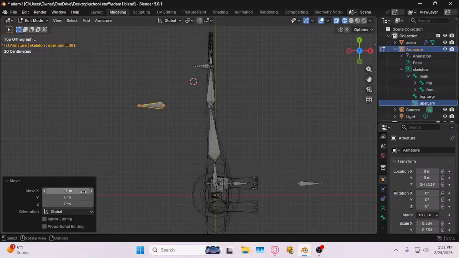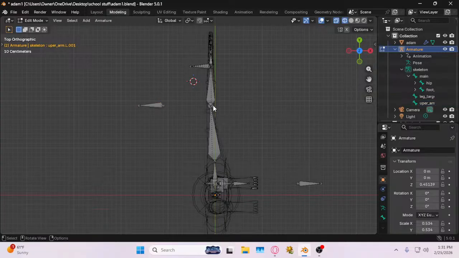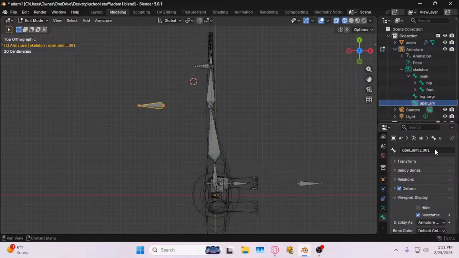Minus 1 meter. Okay, and then arm target dot L. In that case, it would be